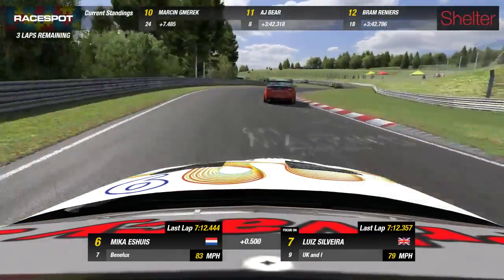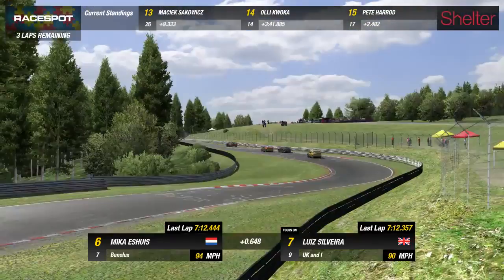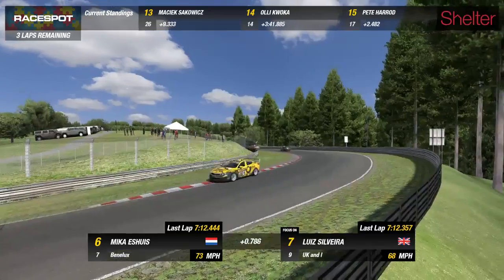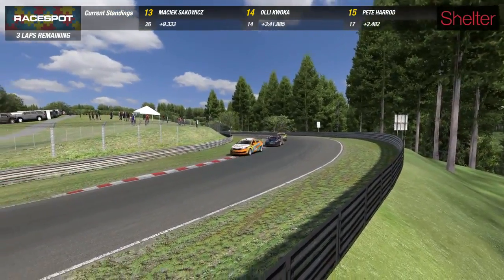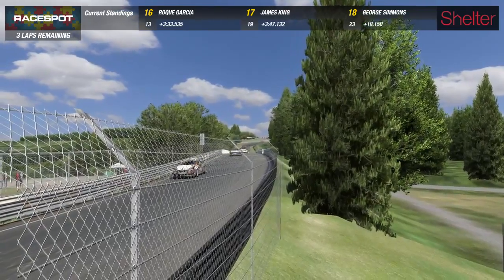Luis Silveira there just losing a position to Mika Isuis. Of course, we saw that one. That long straightaway gave plenty of passing opportunities, and that's what you want to do. Be in the 1 second range before you head down that very fast front